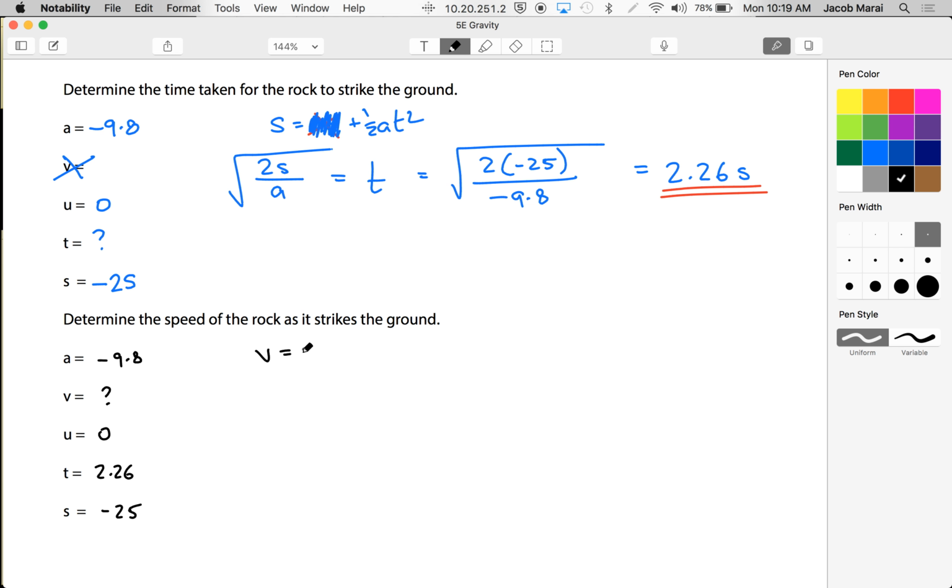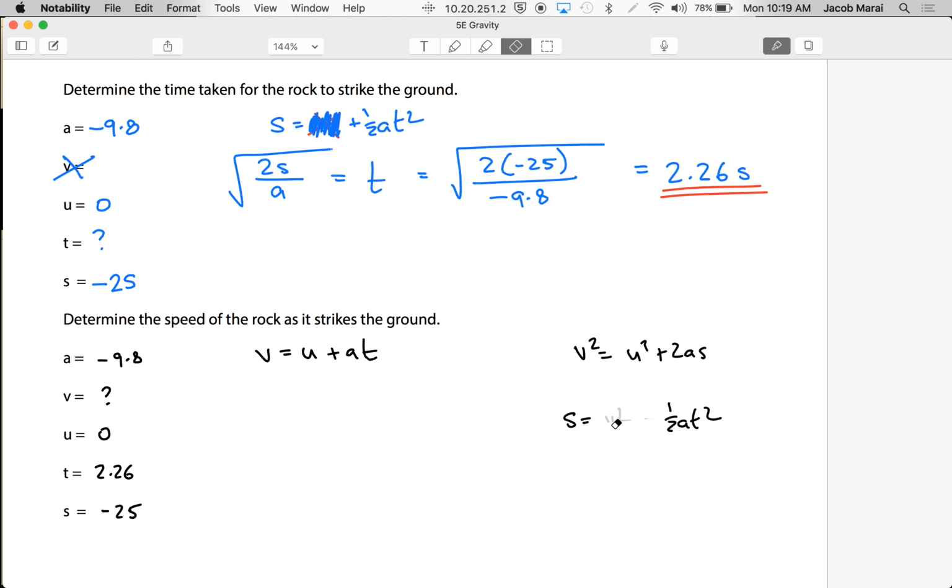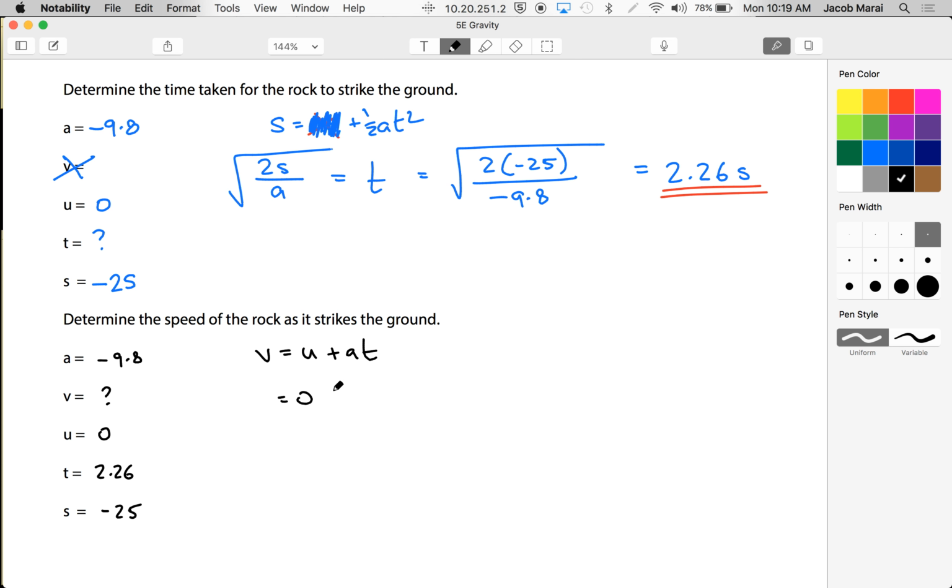V squared equals U squared plus 2AS. Oh, actually, that comes out quite simple. You could go S equals VT minus a half AT squared. You could rearrange these two, but they're trickier, okay? So I wouldn't even bother. I would just go straight to the simplest equation. And out spits